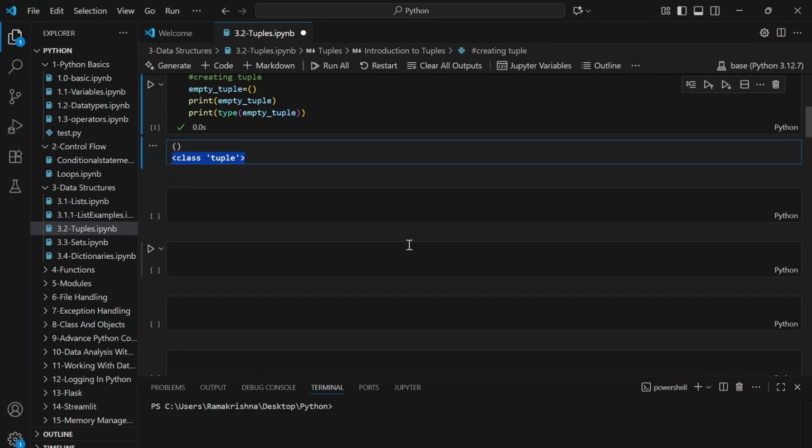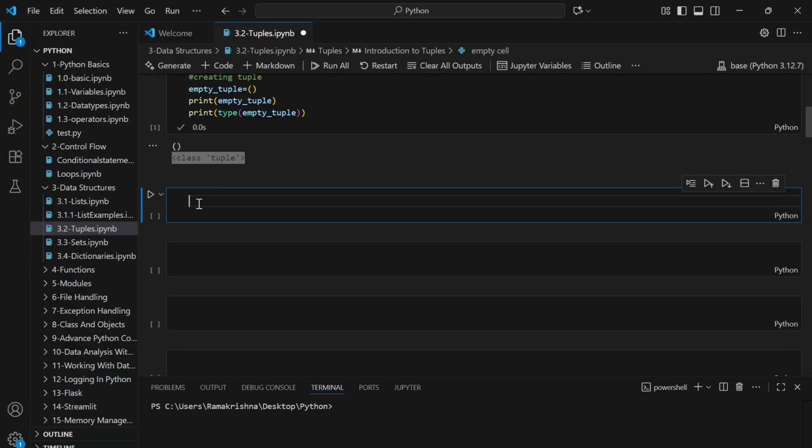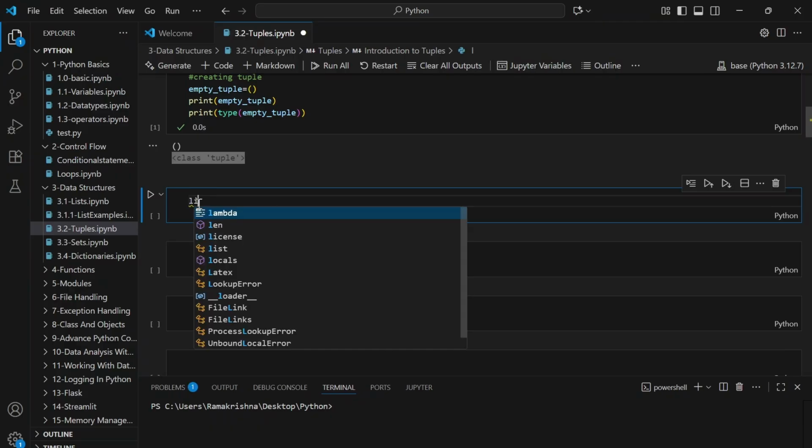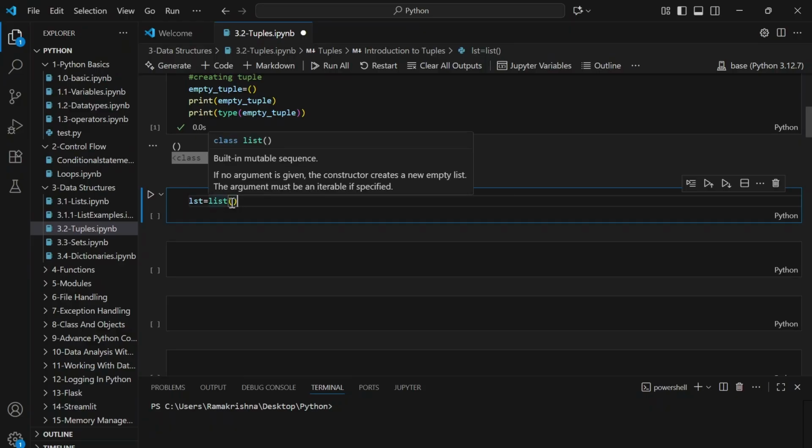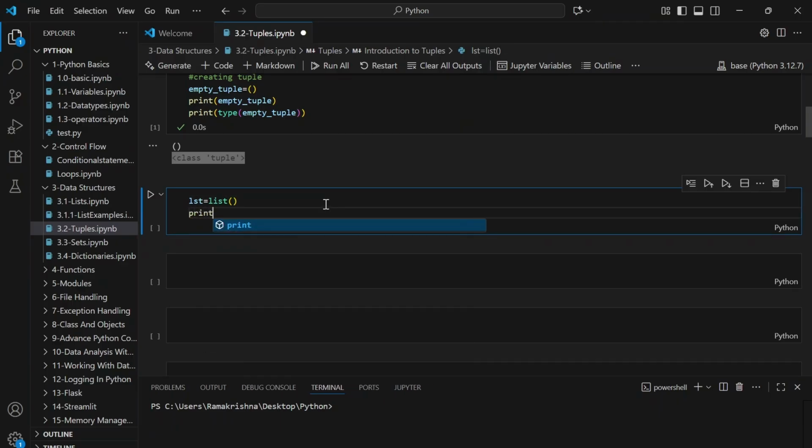Now I'll show you another way of creating tuples. We saw one way of creating an empty tuple. Now I'll show you another way. First, let me show you empty list creation. How do we create an empty list? There is a list function here. If I just write list and round brackets and assign it to a variable, this is going to create an empty list for me. I'll just print